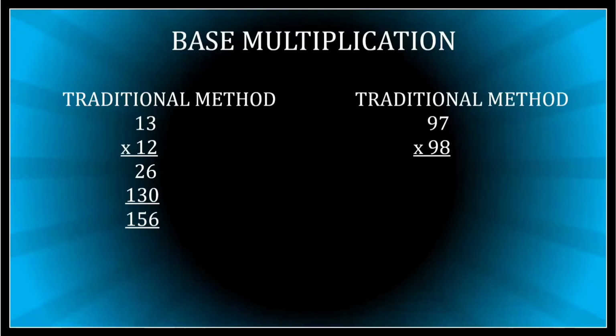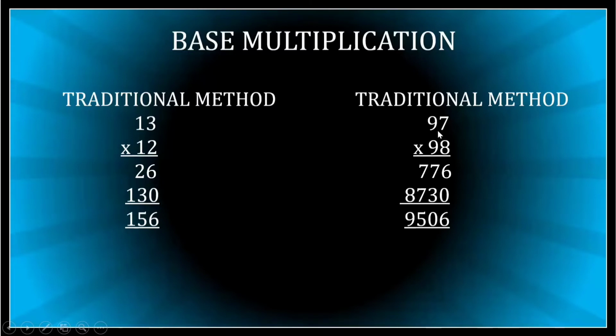Supposing I have to multiply 97 by 98. Looks a little difficult this time. But again, how do you do it? 8 multiplied by 97. 8 sevens are 56. Carry over 5. 8 nines are 72. 72 and 5 is 77. So you get 776. Then you put a 0 over here and you multiply 9 by 97. 9 sevens are 63. Carry over 6. 9 nines are 81. 81 and 6 is 87. So you get 8730 here. I add up both of them and I get my final answer as 9506. Sounds simple, but it takes time and you are quite prone to make mistakes here, right?